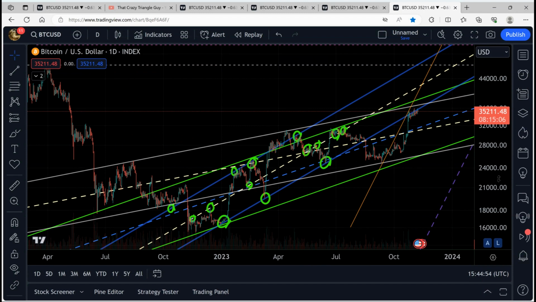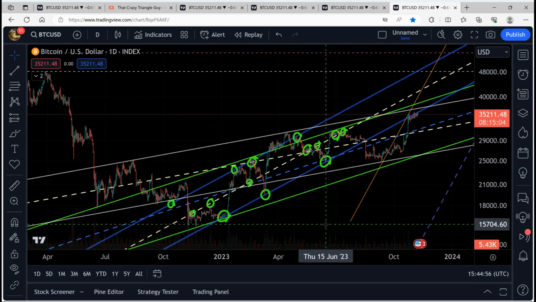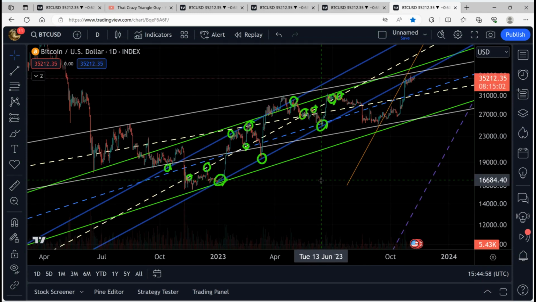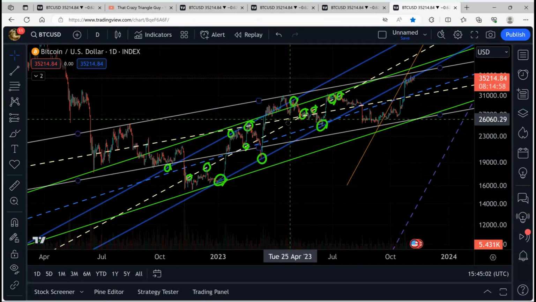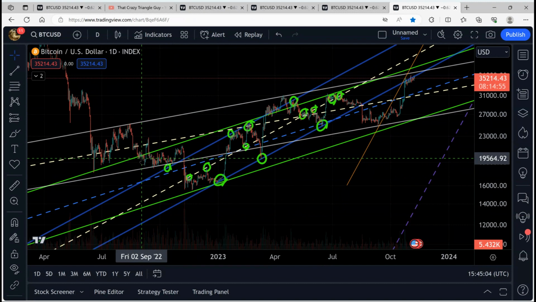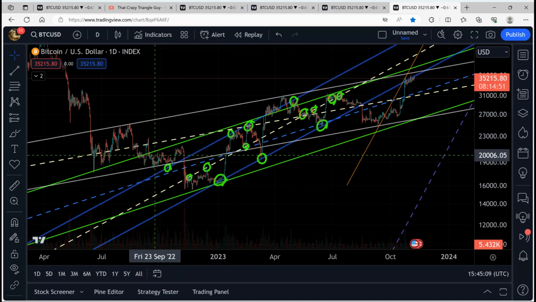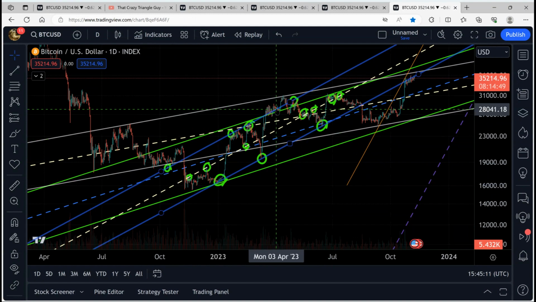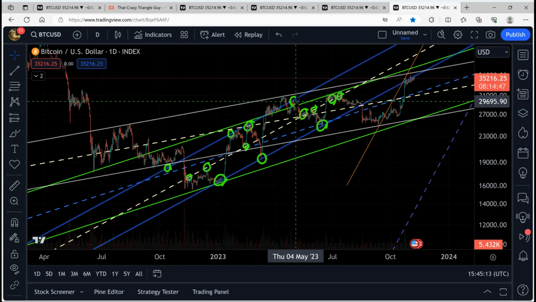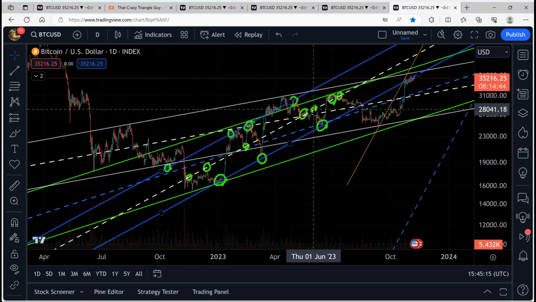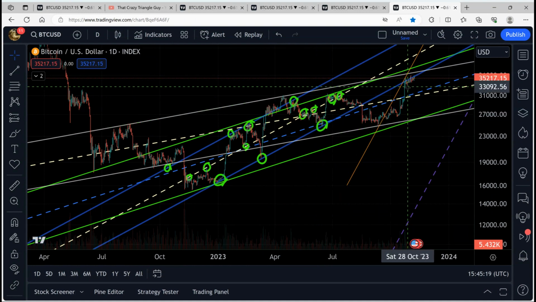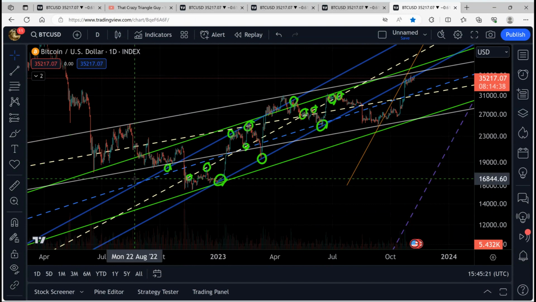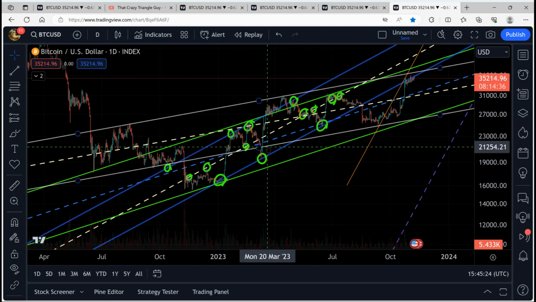Let me get off of the auto. Now, the green channel. The green channel acts as our transition. We are trading in the green channel as well since back here in September of 22. A little bit above it here because that's when we were in the white channel. But yes, we've been trading within this green channel too, which is the bottom of the red channel,